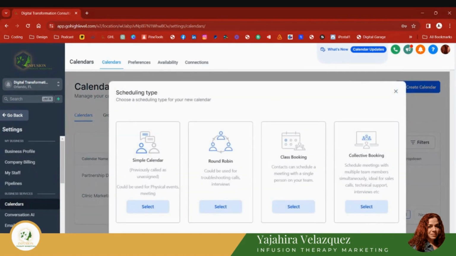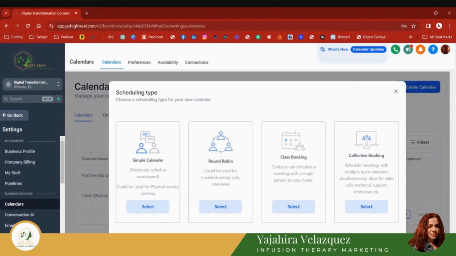Now, if you have, let's say, 3 people, you'll be able to set it up as a round robin. So however many people come in and schedule, it'll assign that person to one of your personnel. So let's say I have 2 people. The first person that comes is going to come to me. The next person that's scheduled is going to go to the next person. So in a round robin way. Unless you want something very simple, right here where it says unassigned, and it'll just go to whoever is the person there that's available, or into just a general